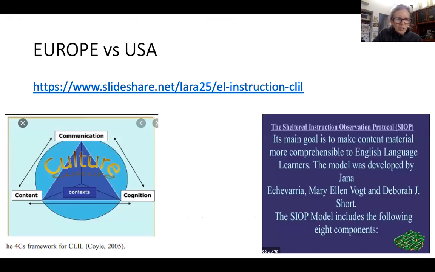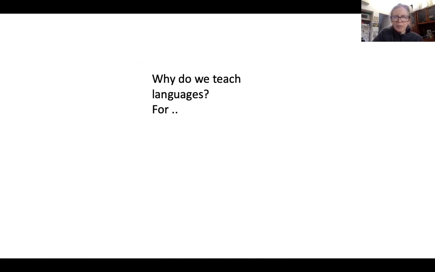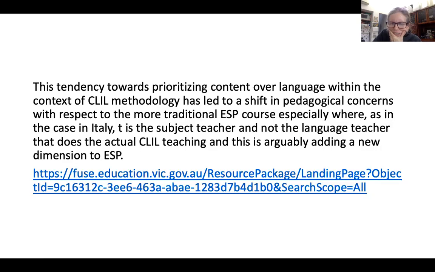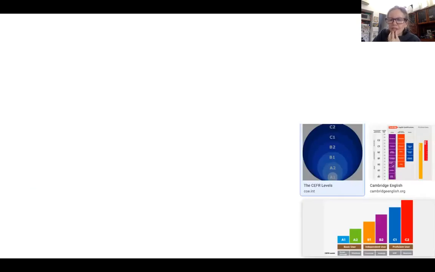So in Europe, is what I'm saying, it's called CLIL, which is the Content and Language Integrated Learning. And the other one, it's the same thing but different name in America. They call it the Sheltered Instruction Observation Protocol. But it basically means teaching the content, not the language. Okay. And we teach these content